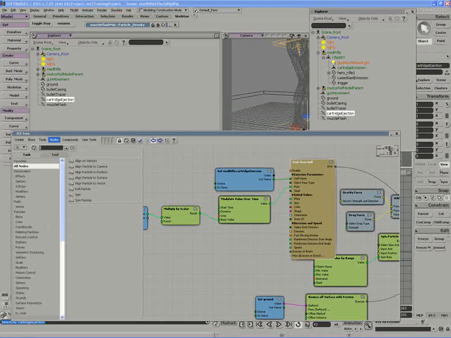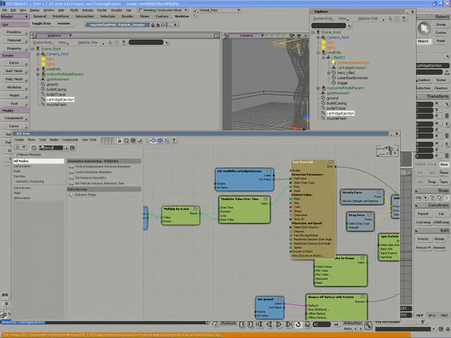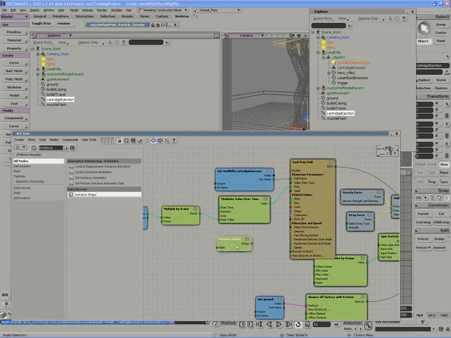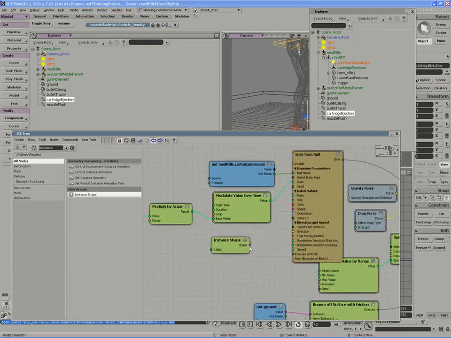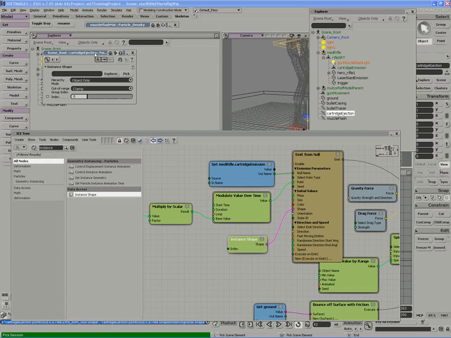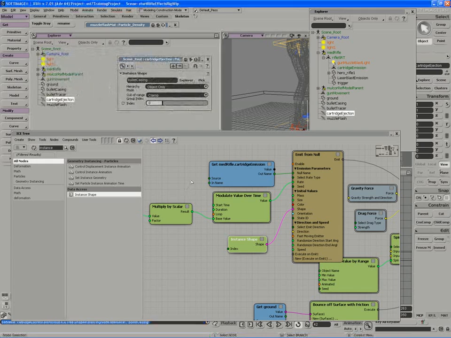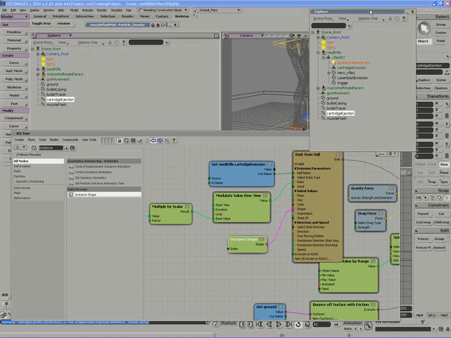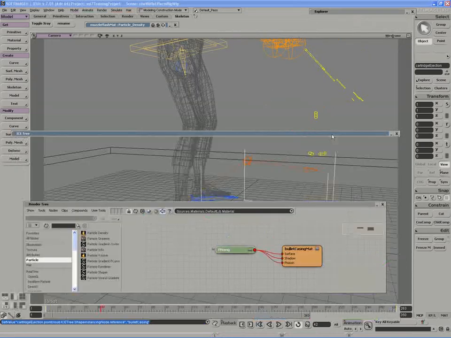So if I look up my instance category of nodes, I could use the set instance geometry, which is a little bit slow when you're doing things like simple single object or hierarchical replacement without using animation. So I'm going to bring in the data access instance shape node and plug it straight into the shape input of my emit from null compound, and I'm going to point it by double clicking and using a pick session to my bullet casing. So it shows up as a reference. So now when we press play,